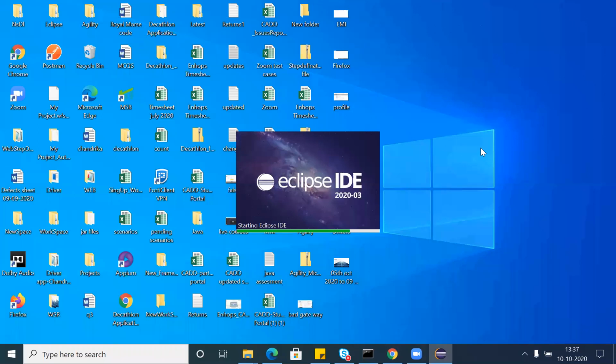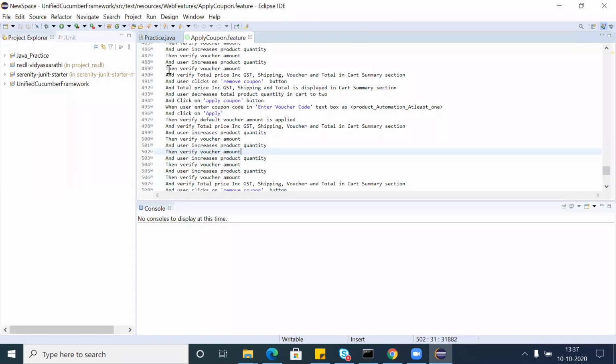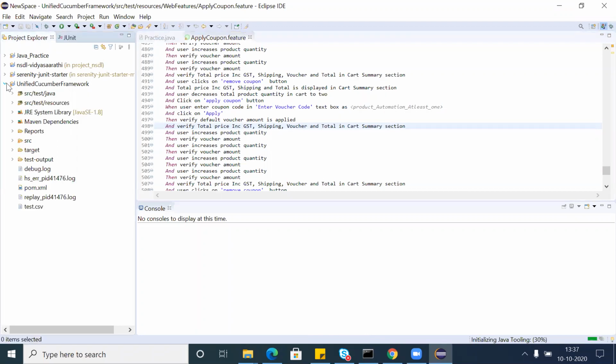What BDD means, how the SDLCs work, and from the different SDLC models we came to TDD, and then we went to BDD and discussed what BDD is. Then we went to Cucumber, what Cucumber is, and how we write it in the Gherkin language. Once we wrote that, we looked at the different types of Cucumber implementations, like for Java and different languages, and how they are implemented.